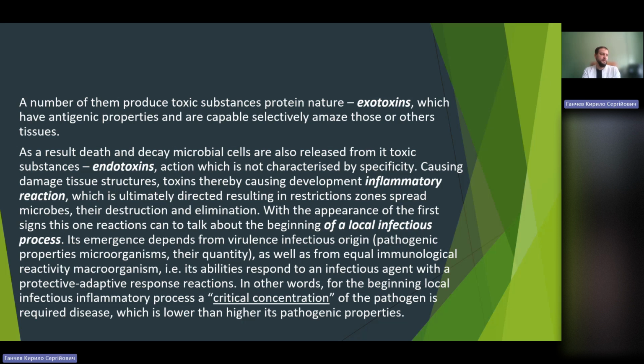With the appearance of the first signs of these reactions, we can talk about the beginning of a local infectious process. Its emergence depends on the virulence, infectious origin, and pathogenic properties of the microorganism, their quantity, as well as on the immunological reactivity of the organism, for example, its ability to respond to an infectious agent with a protective adaptive reaction. In other words, for the beginning of a local infectious inflammatory process, a critical concentration of the pathogens is needed. That's a very important thing: the higher the pathogenic properties, the lower the critical concentration required. That critical concentration is a key condition for